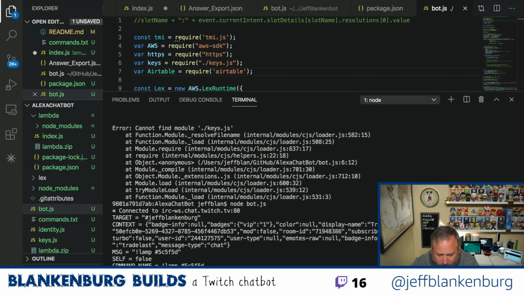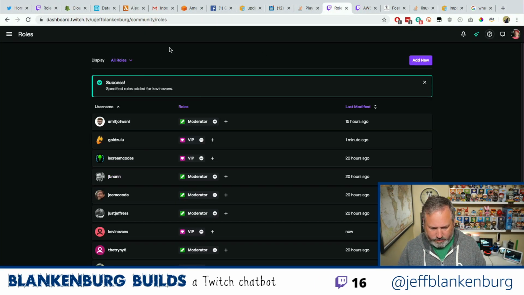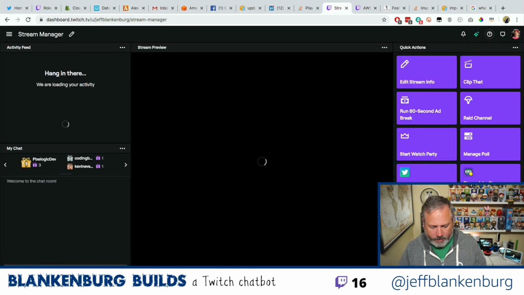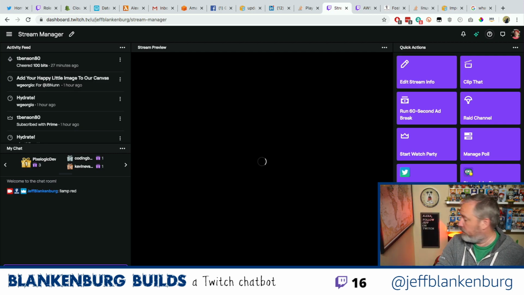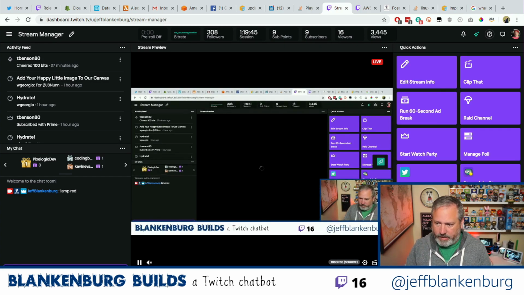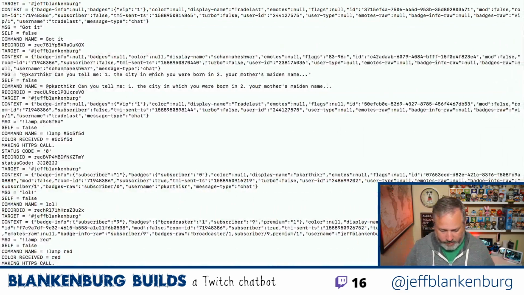Trade last tried hitting it with a lamp immediately after I saved that. So that message came in, but the other bot should still have worked, right? If I try a bot message right now, what do I get? If I say lamp red, it's still working. So that's good news, because that's not happening in my new bot. That's happening in the old bot, the one that's still running over here.